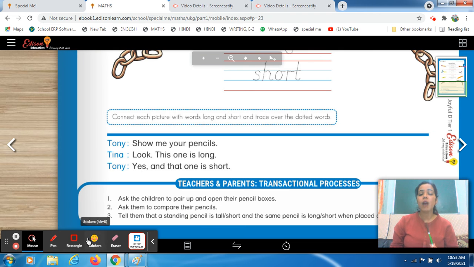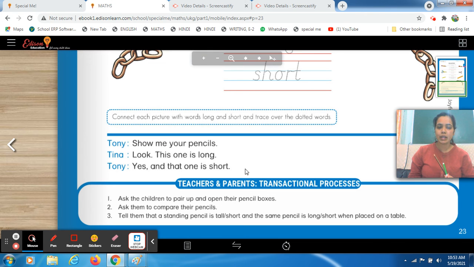So students, you also have to play this activity at your home. Okay, conduct this activity and then tell me whether you like this activity or not. Okay, so there is a teacher and parent transaction process as well. So first is ask the children to pair up and open their pencil box. So simply, parents, you can conduct this activity at your home. You can ask our kids that now you have to open your pencil box. Ask them to compare their pencils. So maybe they have 2 3 pencils in their pencil box, and then you have to ask them, okay,